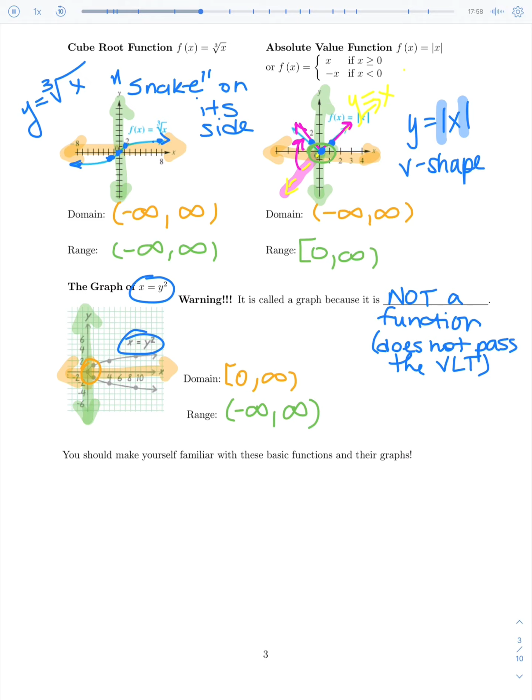However, what we would like to look at are what are called piecewise functions. And it's exactly what it sounds like. The first word breaks up into piece, and then you have the word functions. So what does that mean? It means it's actually a group of pieces that are functions. So the whole thing together may or may not